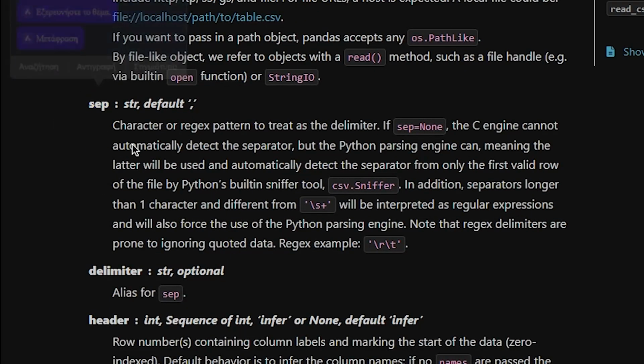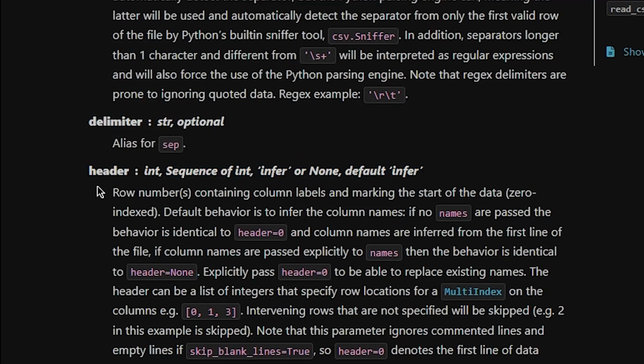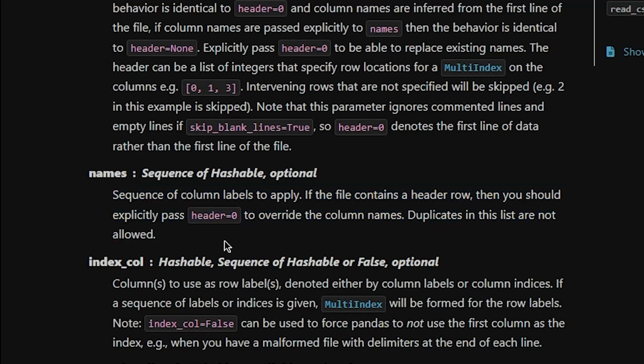Then you specify the separator, the default value is the comma. And then you can specify where the header is. For example, if your header, meaning the column names, is not in the first row, you can specify a different row. And you can also specify the names. So for example, if you want to specify different column names from the ones in the file, you can use